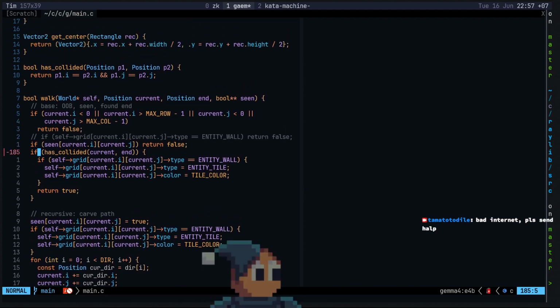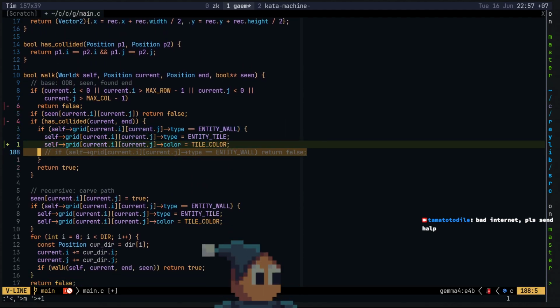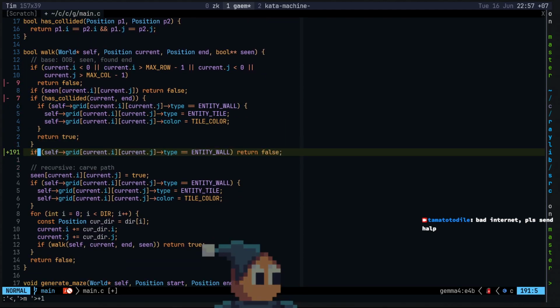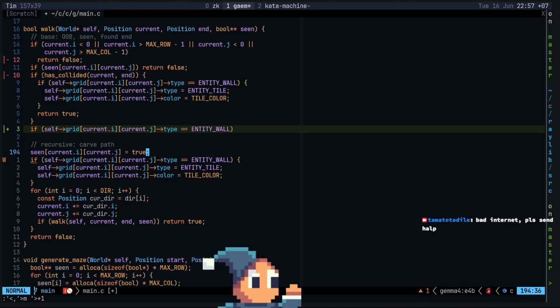Actually, I might just put it. So, this is a boundary condition, right? But we're just not gonna return false. We're just gonna literally do what we're doing here.